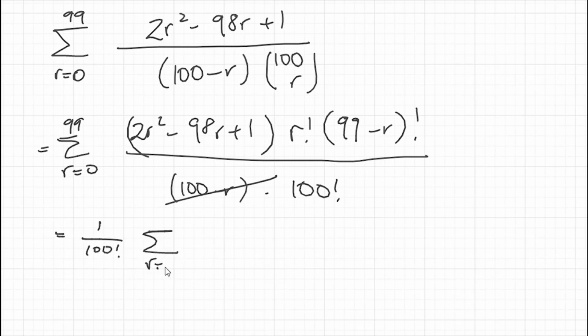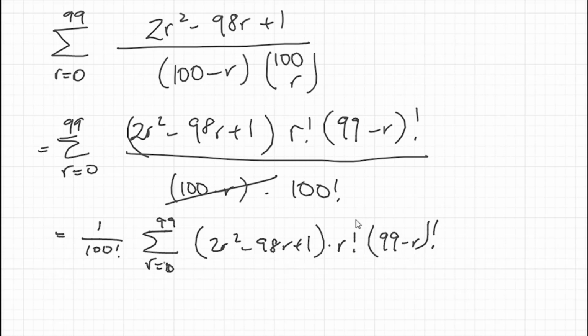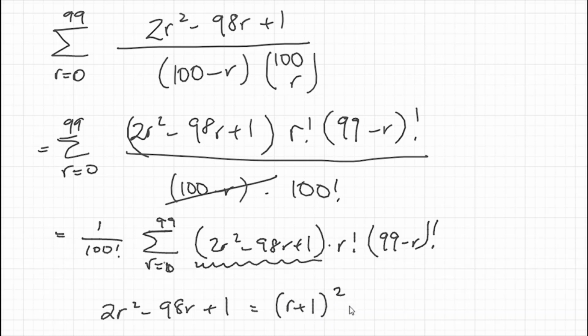So it becomes the sum from r equals 0 to 99 of 2r squared minus 98r plus 1 times r factorial times 99 minus r factorial. Now we're going to use a nice identity on this thing here. It's a bit of a leap of faith, but we can notice that 2r squared minus 98r plus 1 is the exact same thing as (r plus 1) squared minus r times (100